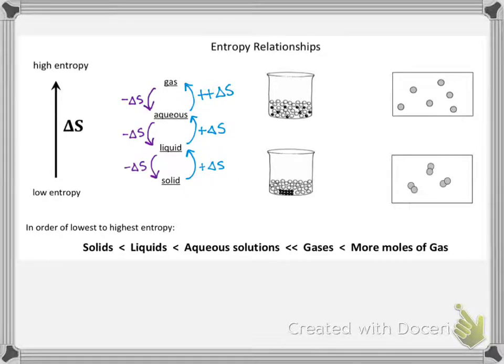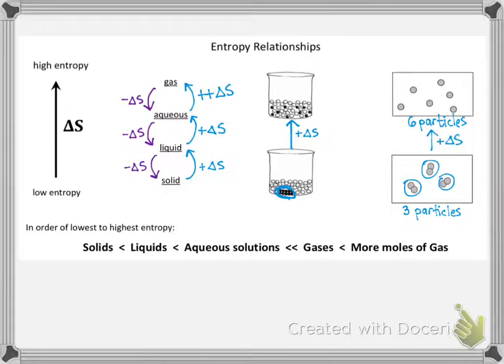Visually, it can help to see something that's dissolving. Well, if it was a solid, it's very organized in that liquid. And then as it dissolves, it has more possible positions, more chaos, more entropy. Similarly, if you start with a system that has 3 particles, and that diatomic whatever breaks apart into single atoms, now you have 6 particles. More particles, more possible positions for things to be in, increasing entropy.